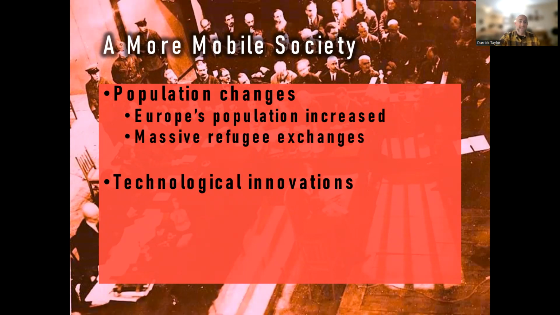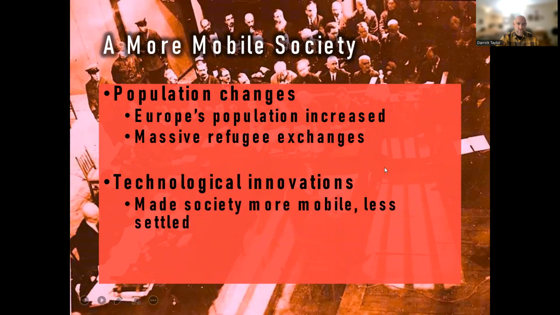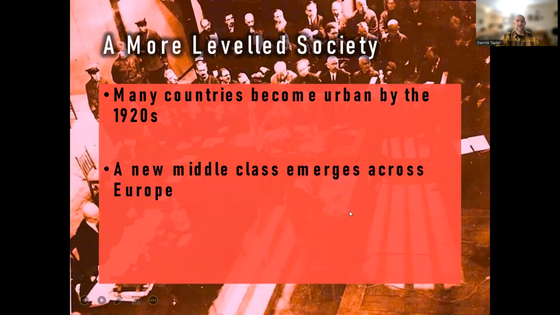You're going to have a white collar class grow up in Europe across this period. You're also going to have, of course, technological innovations that make society more mobile, less settled: motor car, automobile, whatever you want to call it, those sorts of things that give it a less settled feel. They would have happened anyway, probably at the same time. Plain radio and television, right? Things that are changing the nature of this